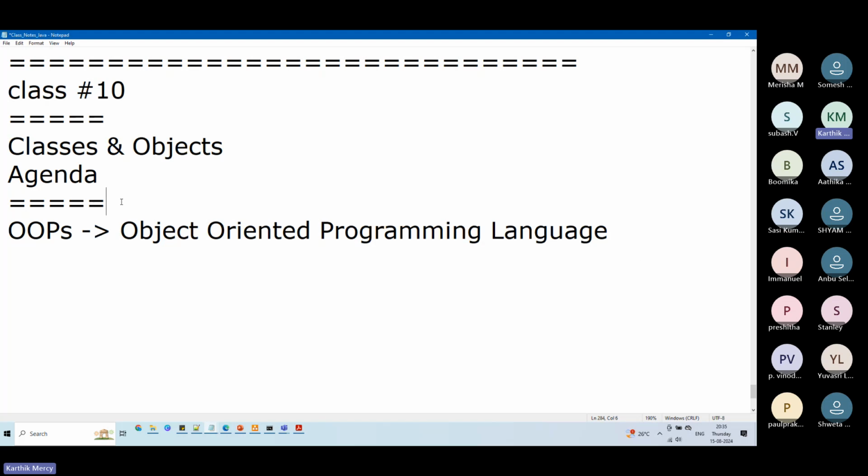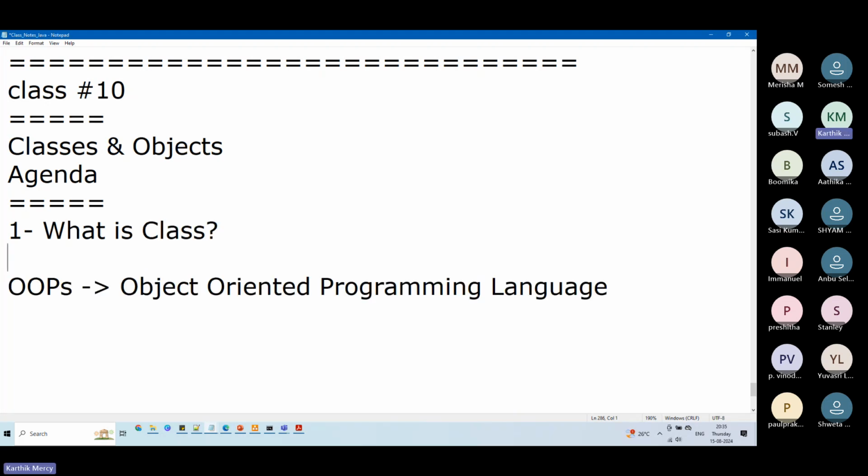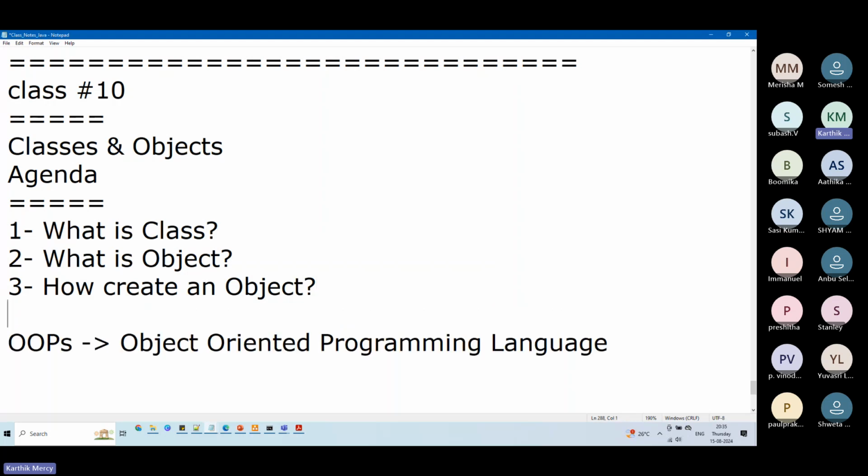So our agenda will be very, very simple today. We'll be speaking about what is a class, and then what is an object. We will be speaking about how to create an object, and then how to call or invoke